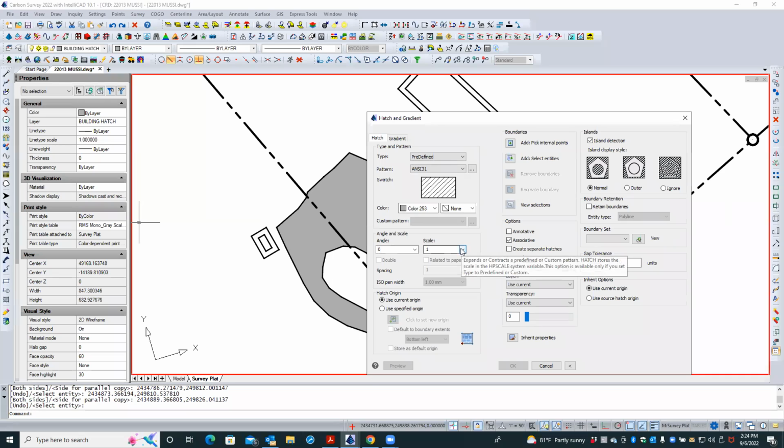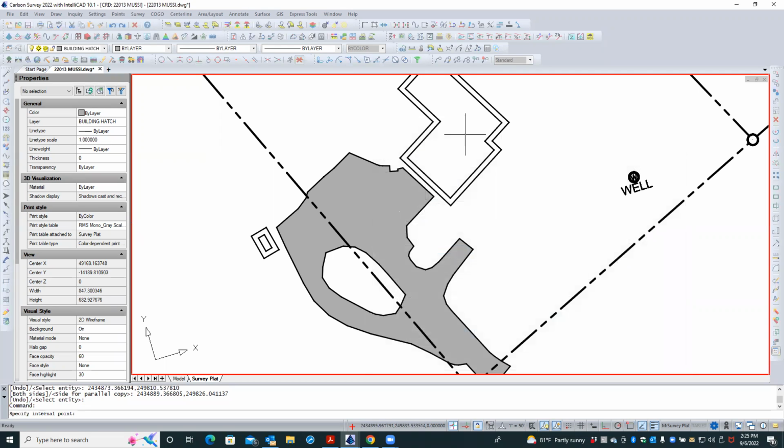What scale is your drawing? 50 scale, I think. All right, so let's see what it does. Let's see what it does for one. If I pick an internal point, if I pick this point here,